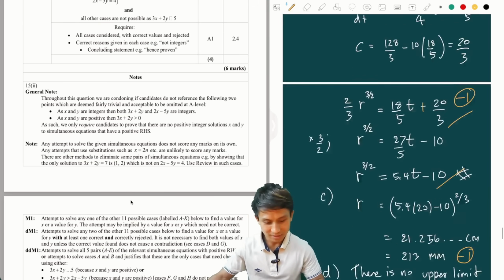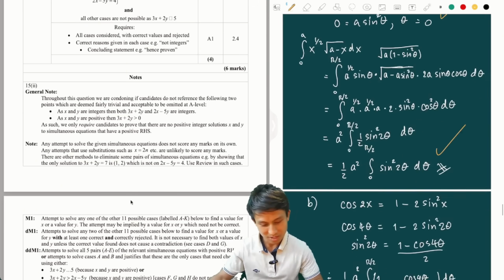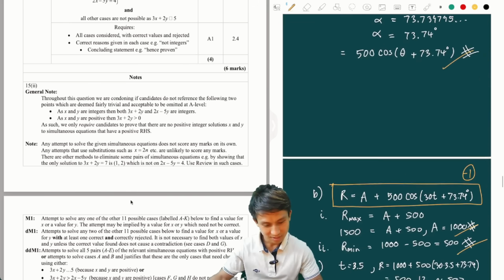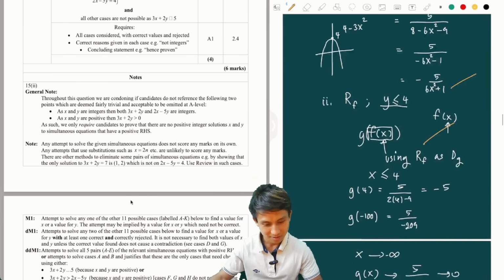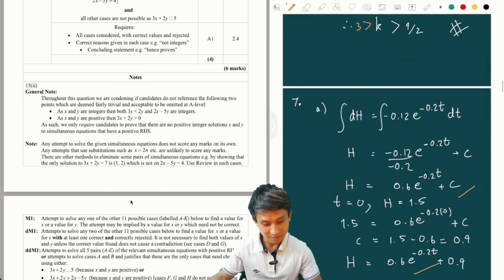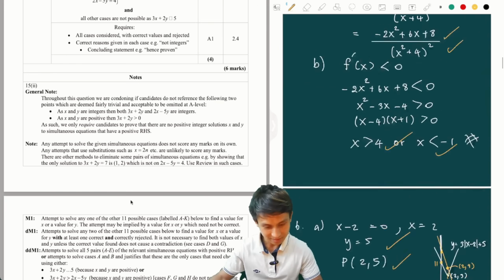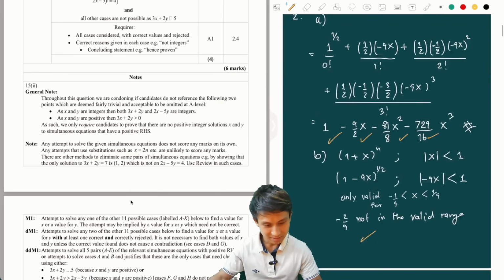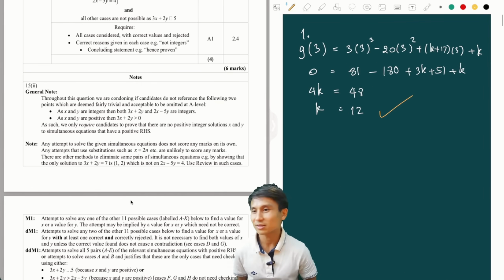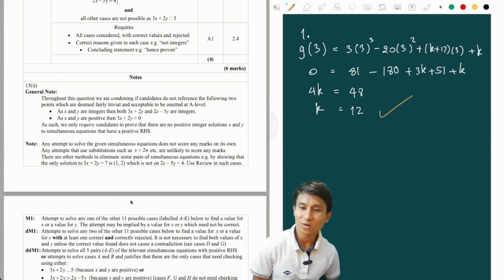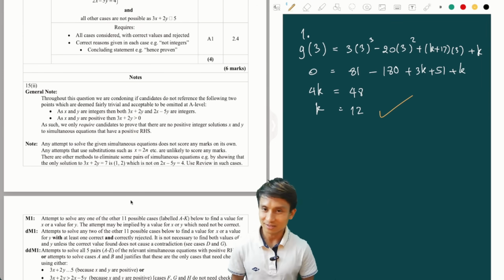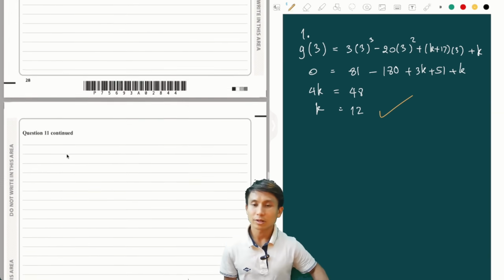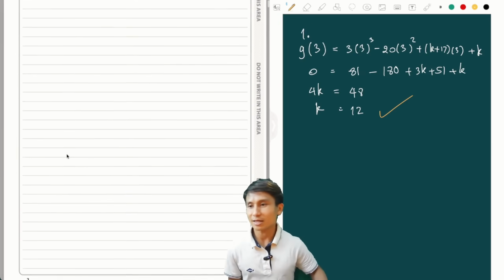So I got 1, 2, 3, 4, 5, 6. 6 marks deducted only from my stupidity, silly mistake, silliness, whatever you call it. So okay, feedback, guys. I think,